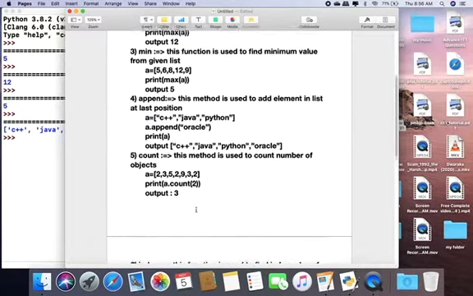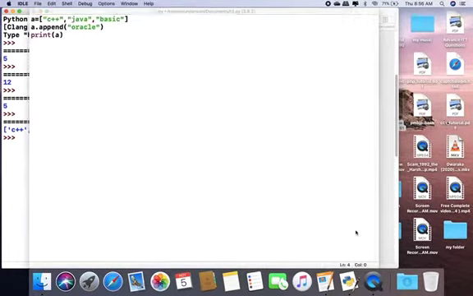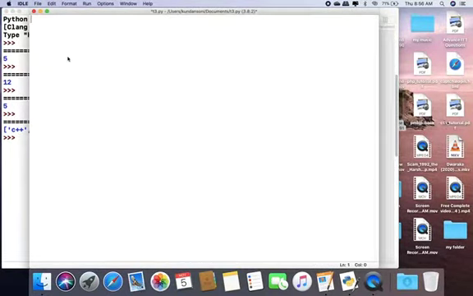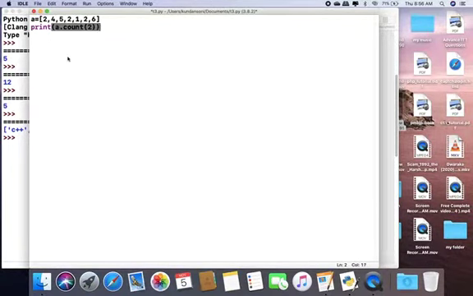So we can try this in Python. A equal to, I write 2, 5, 5, 2, 1, 2, 6. Anything can be. So I write here print a dot count and I want to know how many times 2 is coming.